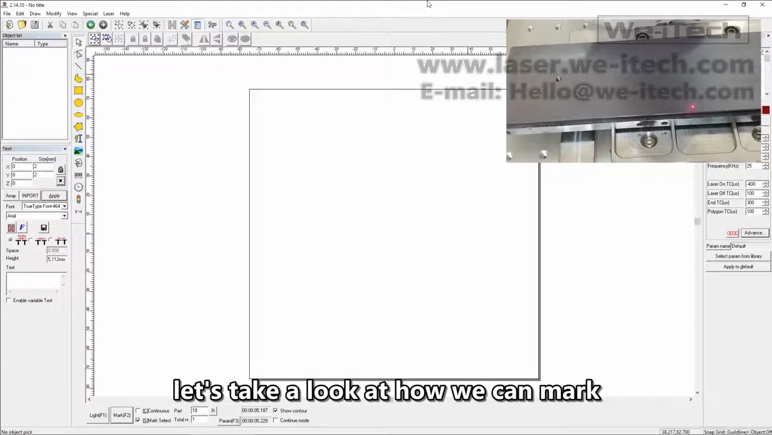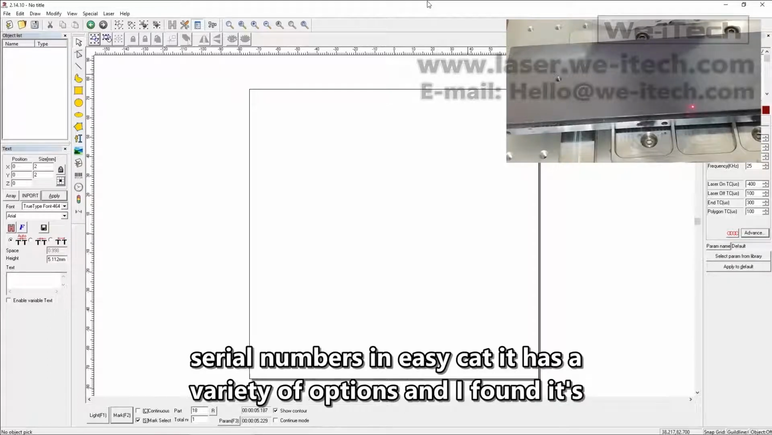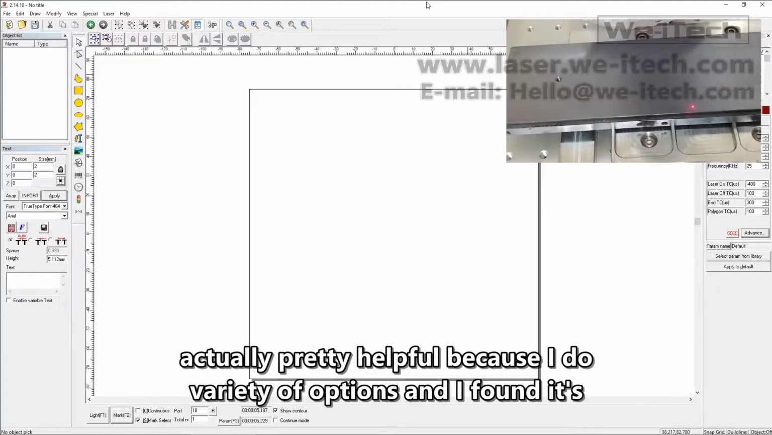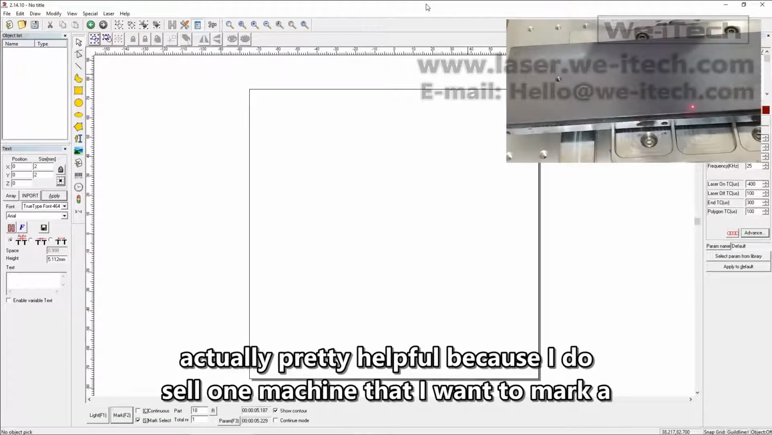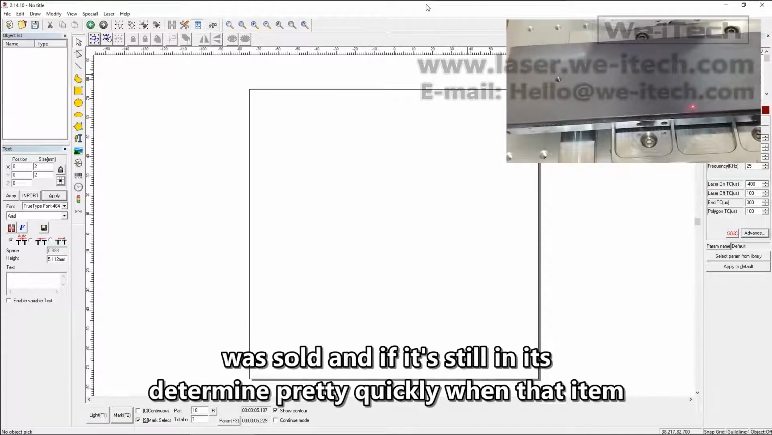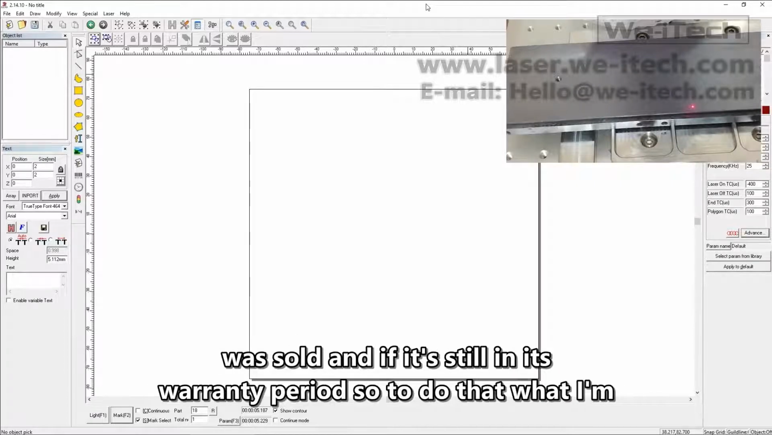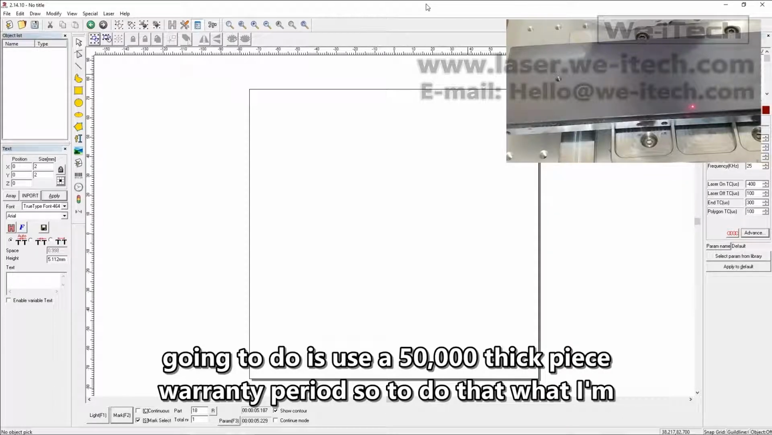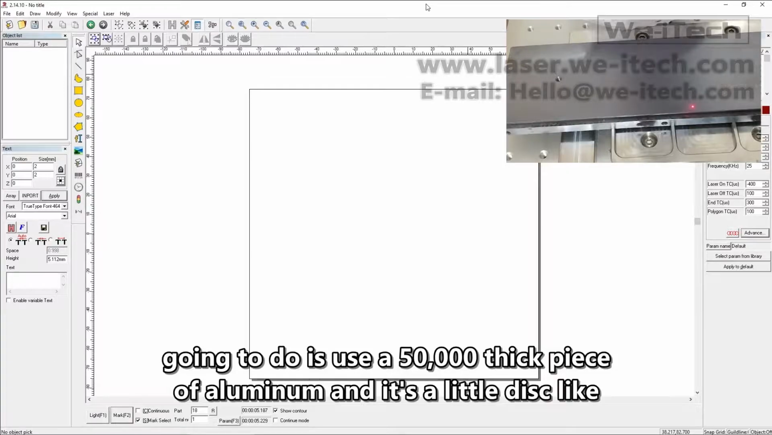Let's take a look at how we can mark serial numbers in EzCAD. It has a variety of options, and I found it's actually pretty helpful because I do sell one machine that I want to mark a serial number on. I want to be able to determine pretty quickly when that item was sold and if it's still in its warranty period. So to do that, what I'm going to do is use a 50 thousandths thick piece of aluminum,